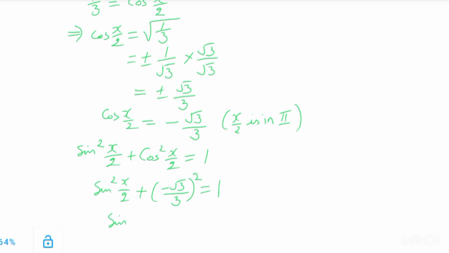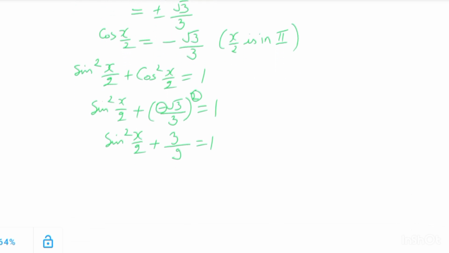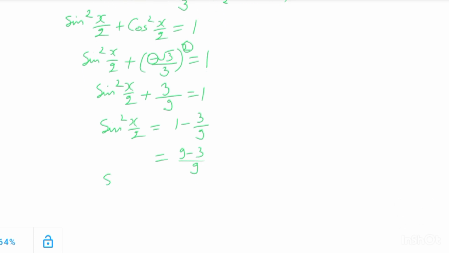This will be sine square x by 2 plus, this will become positive because we have a square here, so 3 upon 9, is equal to 1. And this will be sine square x by 2 is equal to 1 minus 3 upon 9, or 9 minus 3 divided by 9, or sine square x by 2 is equal to 6 upon 9,